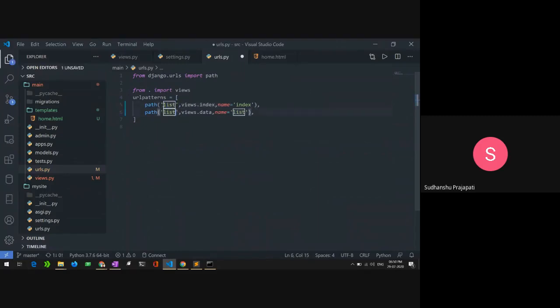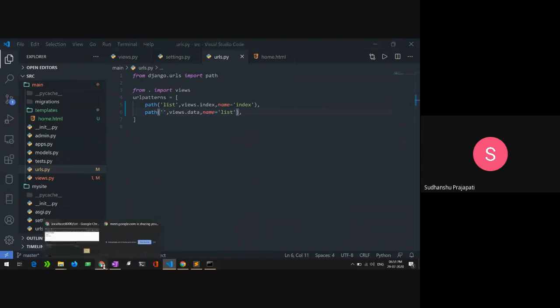So whenever a person clicks on the localhost, they will see the list that we are actually seeing using the URL localhost slash list, and you can rename it anytime you like, and however you want the list to be shown and your URL to be accessed.